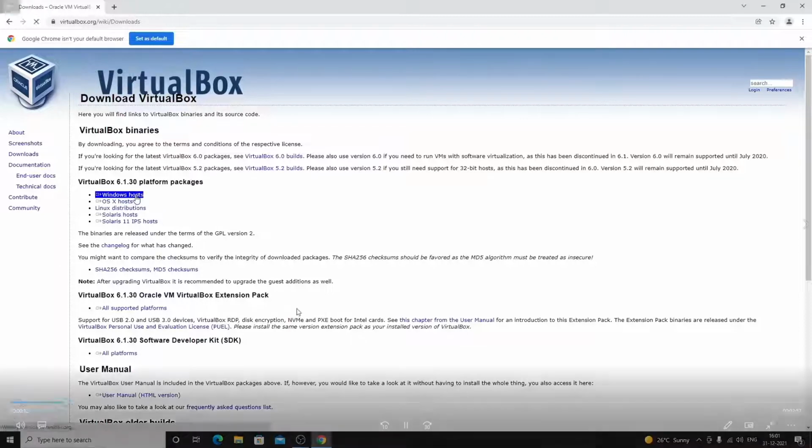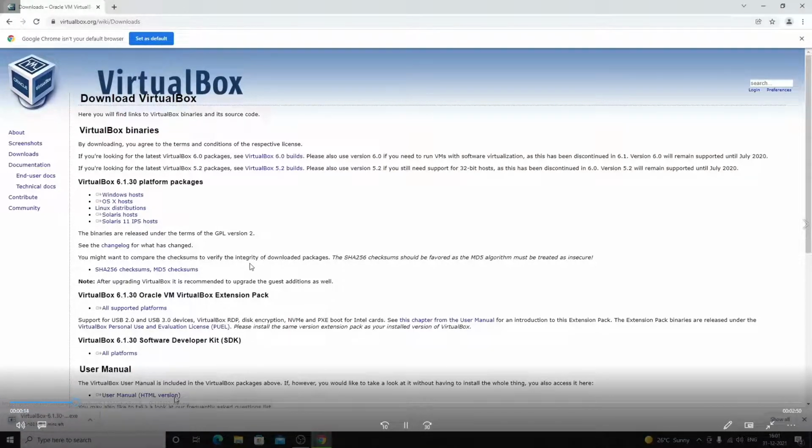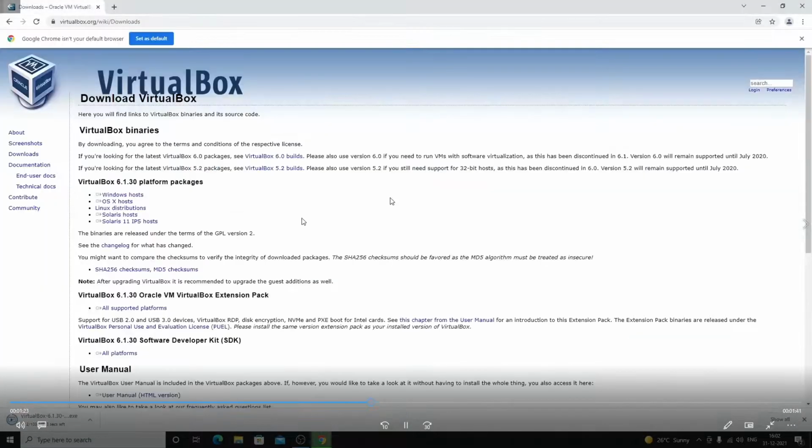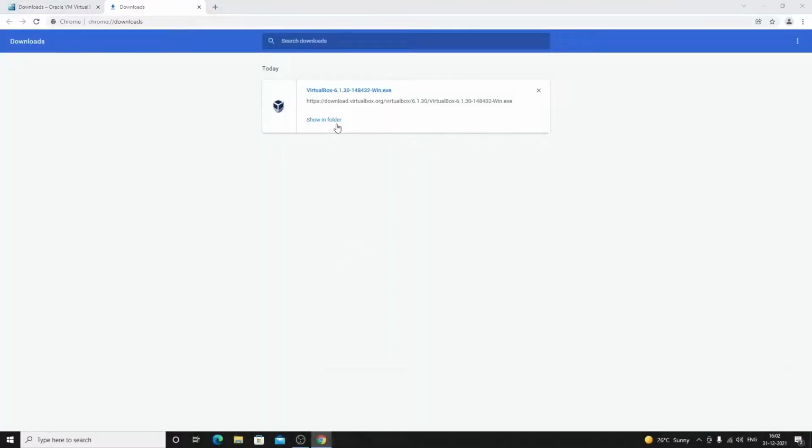for our Windows. So we are supposed to click on Windows host, and as you can see, as soon as we click on it, we can see at the bottom of the left side, it is being downloaded. Okay, now it's going to take some time, so I'm going to skip this part. Once it is downloaded, we are going to move to the downloads folder, and we will be trying to run